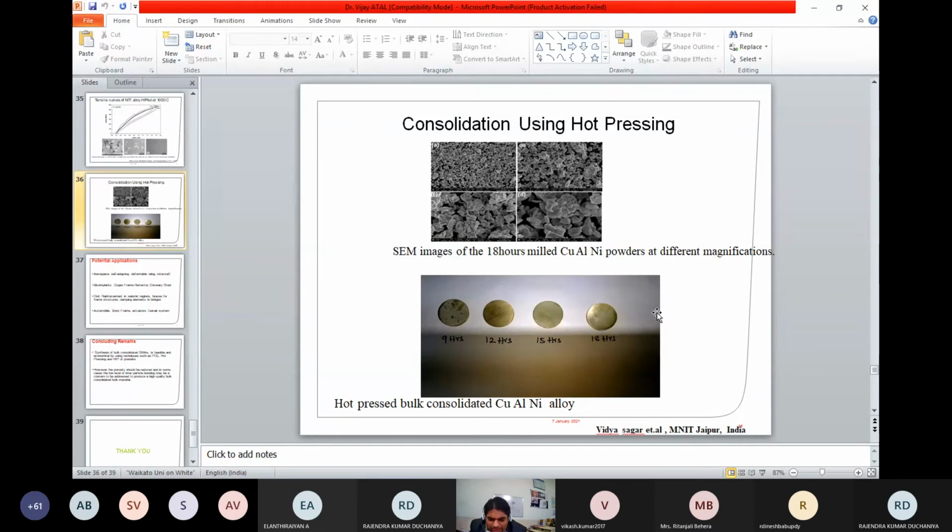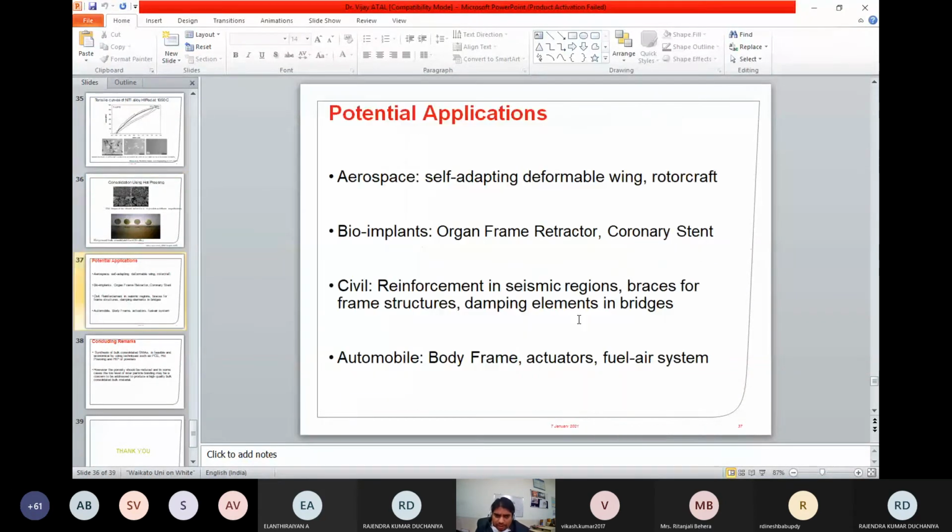We need to do DSC, differential scanning calorimetry, which has resembled some type of transformation, but that should be confirmed further. In the bulk material, a slightly bigger sample needs to be produced to do tensile testing. That work is in process.